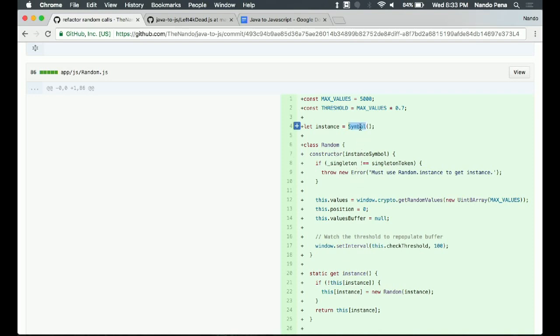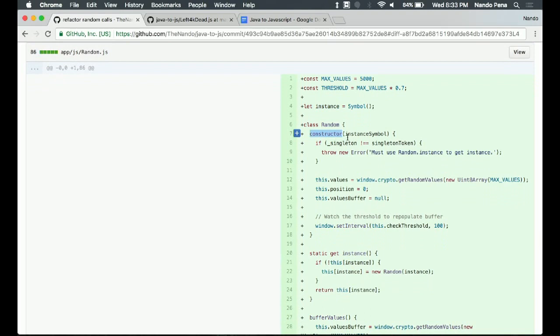A symbol is another ECMAScript 6 thing, which I don't fully understand. I do understand that it generates a distinct property of sorts. It's almost like a random number generator, but I guess it has a lot more in common with a global unique ID. So I create a global unique ID the very first time this class is created, and I store that as my instance. Then whenever you're constructing it, you have to pass in the same, oh, this is an error.